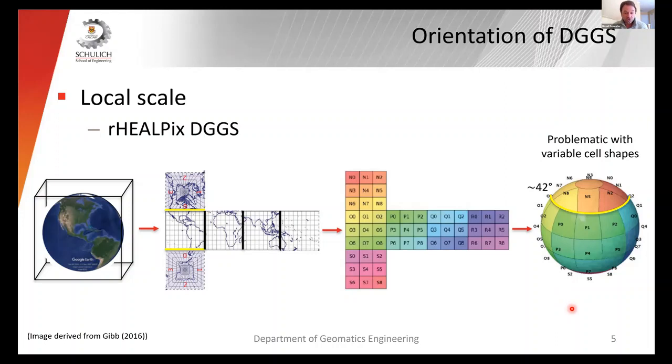However, this construction approach results in essentially 2 regions and variable cell shapes and cell orientations. In a nutshell, we have the equatorial region, which is roughly between plus or minus 42 degrees latitude. Here, cells are bounded by 2 parallels and 2 meridians. But in the polar regions, we have this issue with variable cell shapes. We could have a circular polar cap cell, but also dart cells and quad cells that are north-south aligned and slanted.